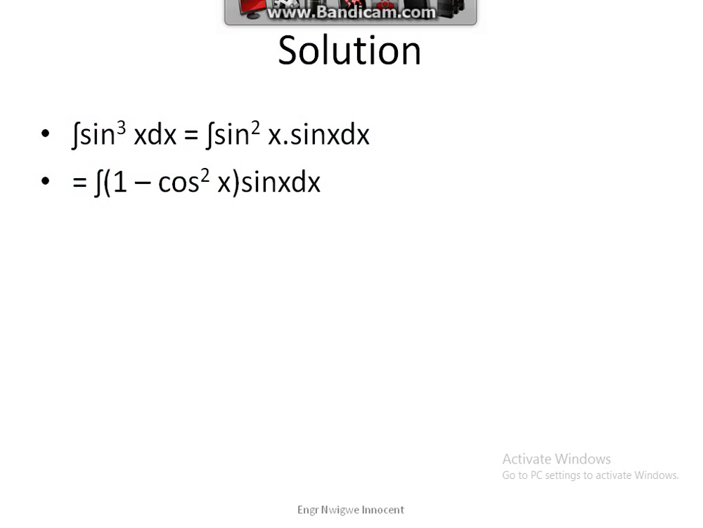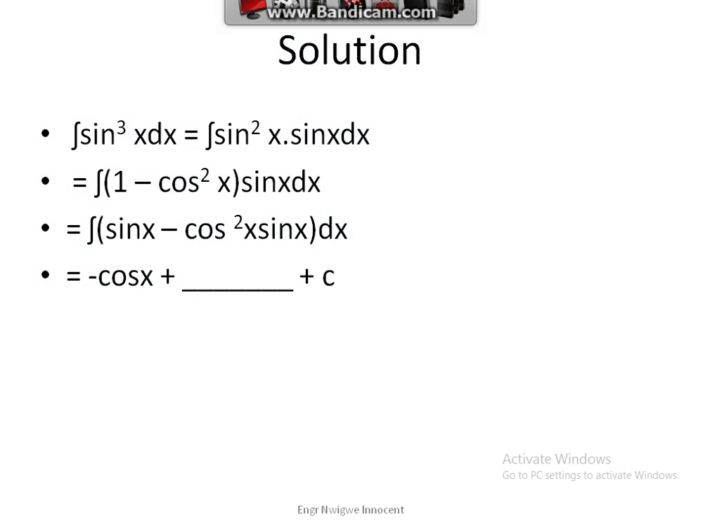since we know from trigonometry, one of the rules in trigonometry is that sine squared s is equal to 1 minus cos squared s. So we substitute 1 minus cos squared s, and we have 1 minus cos squared s times sine s ds. Then if you open the bracket, we now have the integral of sine s minus cos squared s sine s ds, which we now have as minus cos s plus